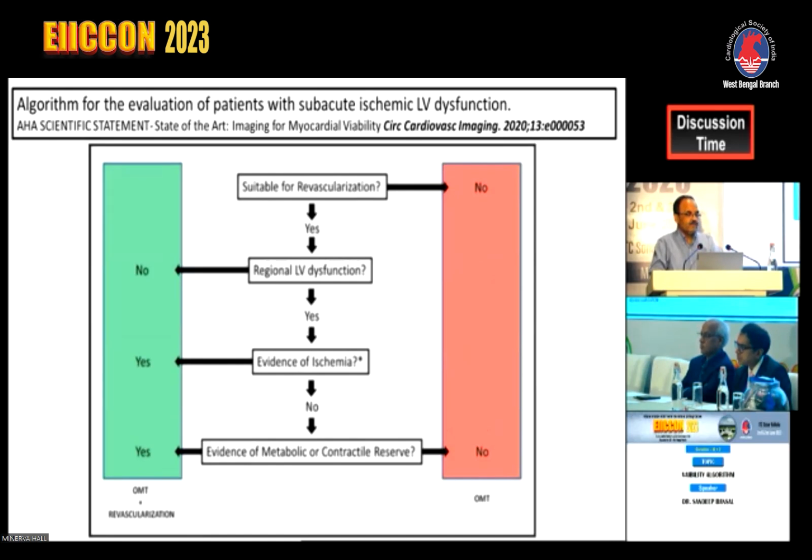If the patient is not suitable for revascularization, anyway, he's out. If he is suitable for revascularization, does he have any regional dysfunction? If he has regional dysfunction, test for ischemia. And if that is not present, test for metabolism or contractile reserve. And these are the patients who will